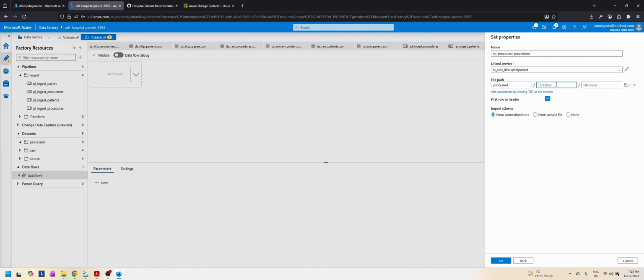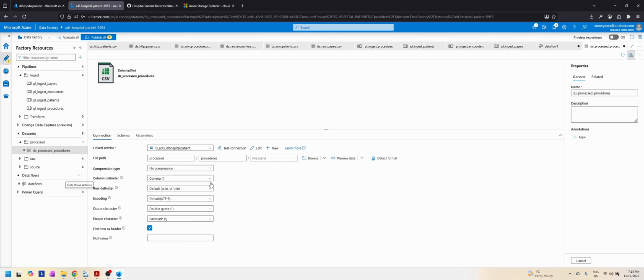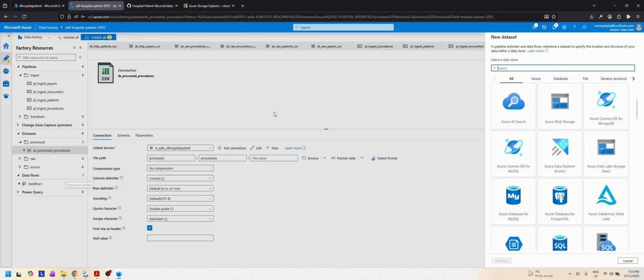So the folder is processed and the file that we have is procedures. So let's click on that. There's nothing to do and click OK. Yep, everything else looks right. Let's create the other 3 processed data sets as well, and I would recommend pausing the video and doing this on your own. So ADLS Gen 2, click next,